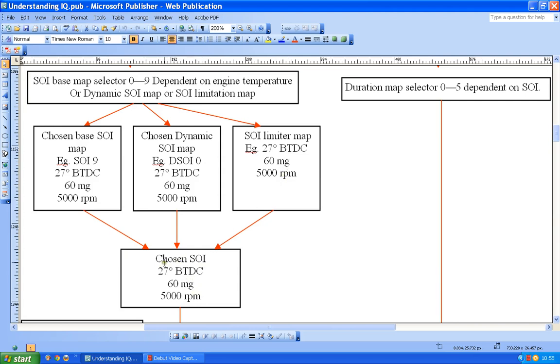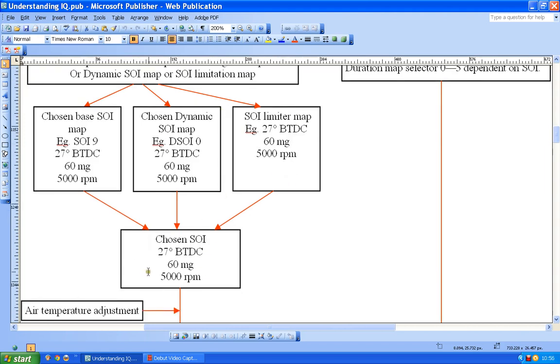So the value that is chosen could be any of those three. And so again, the value that's chosen to select duration could be the value off the limiter, because basically what will be chosen at the end by the ECU is the smallest that is reasonable. So it might be that one, it might be that one, or it might be that one.